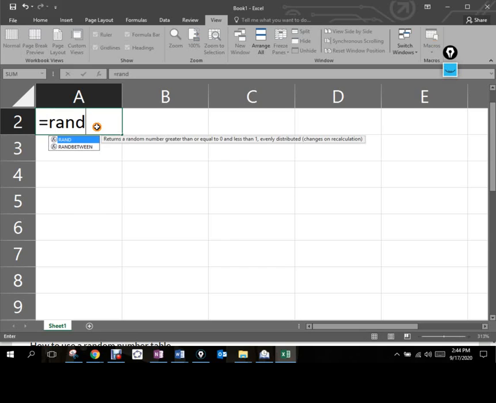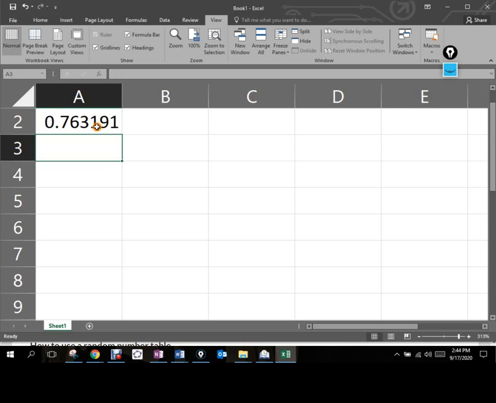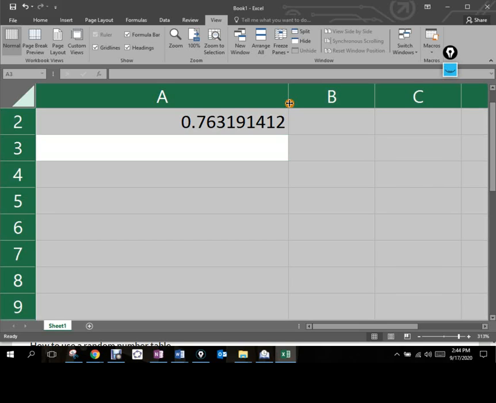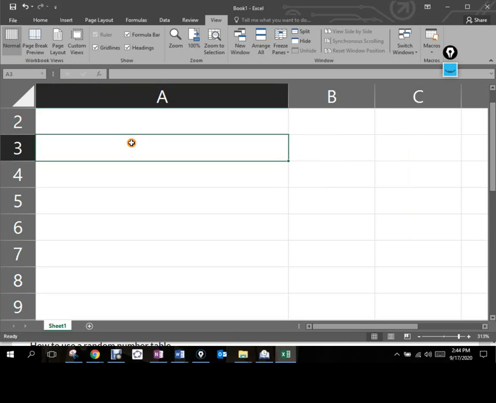If I just type in rand and close the parentheses like that, what it's going to do is just generate a random decimal between 0 and 1. There are certain applications that might be useful for, but we haven't named our people in our population by decimals like that, right? So we want integers. So the randbetween option is really what we'd be looking for, okay?